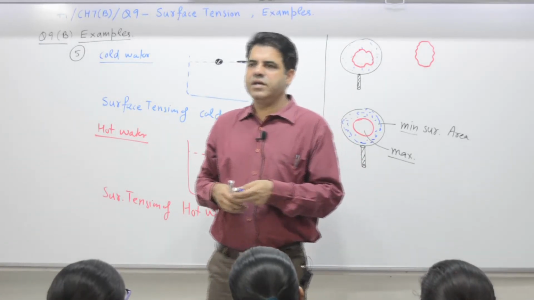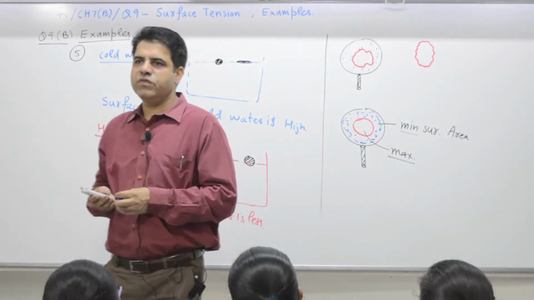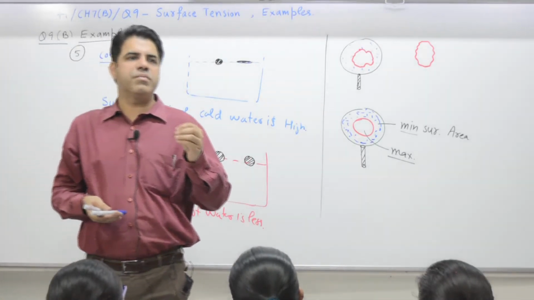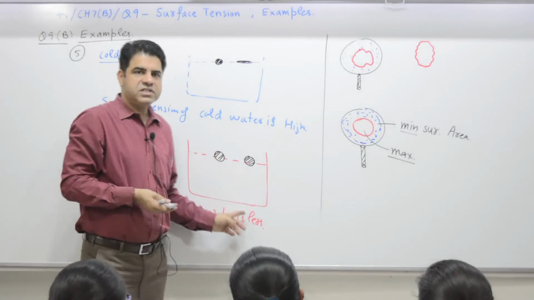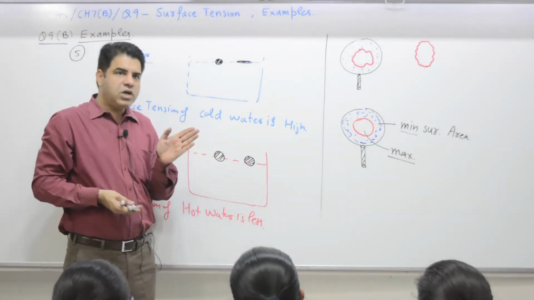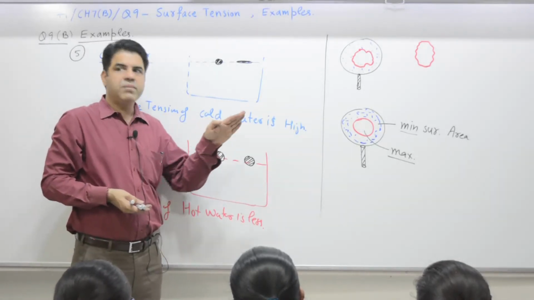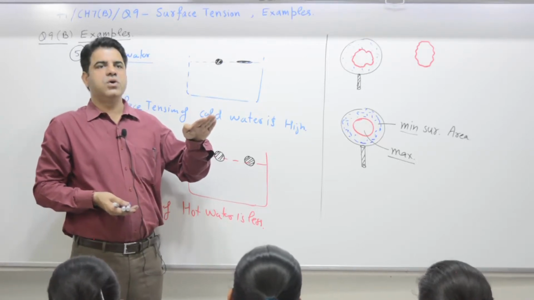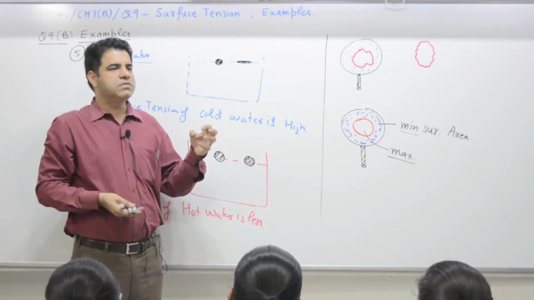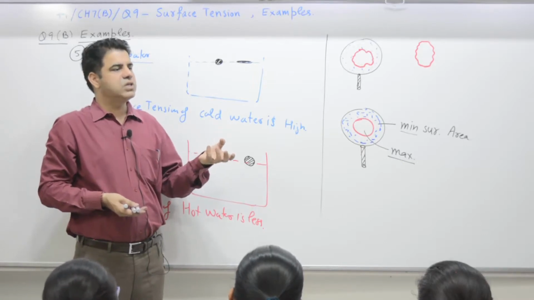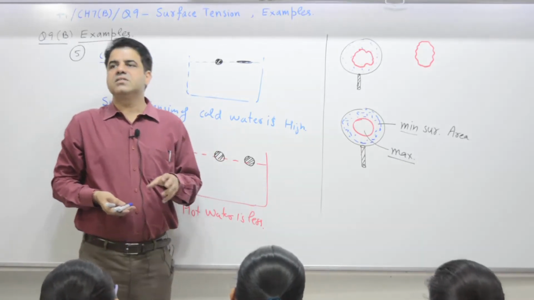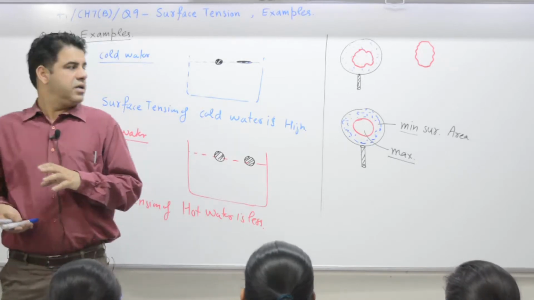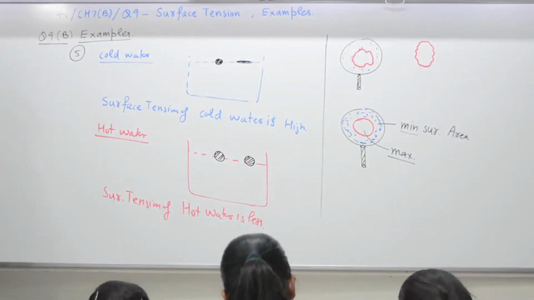That is why for washing purposes you make use of hot water or maybe boiling water, so that surface tension is less and water can penetrate the fine fabric of cloth. That is why you use hot water. What is the use of detergent? Detergent will also do the same. It will decrease the surface tension. Time with you is 2 minutes to write it.